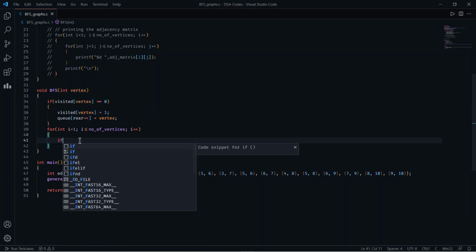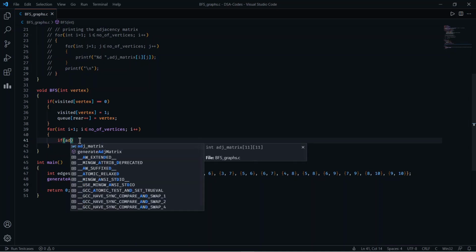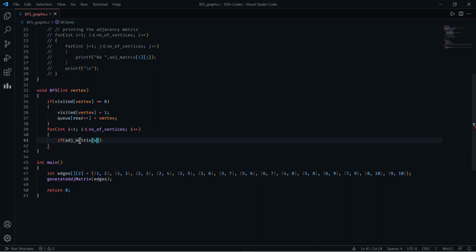So we have to use an if condition, that if adjacency matrix of vertex and I equals to 1, that is if there is an edge between this particular vertex and this I node, then we are doing this condition, which means that this vertex and this I node, they are adjacent to each other.